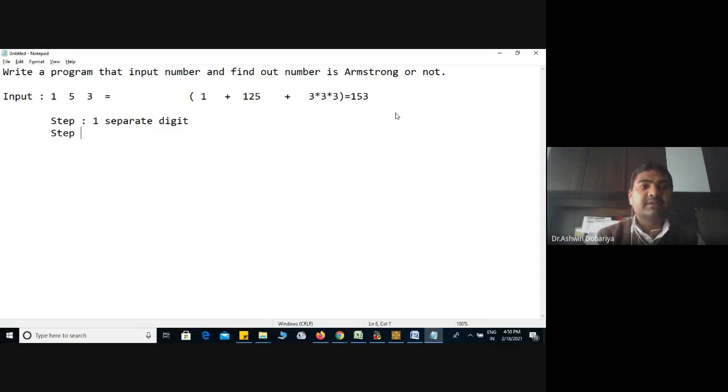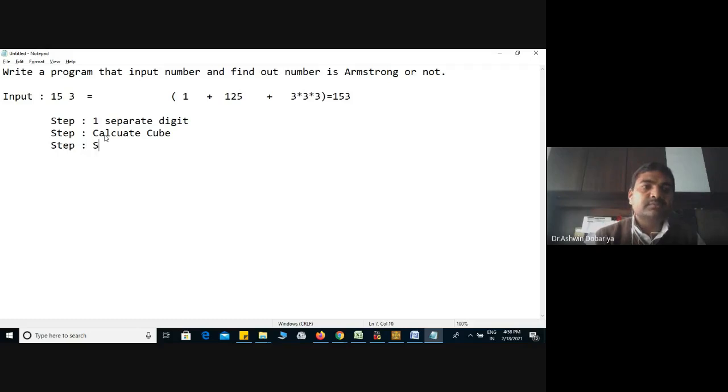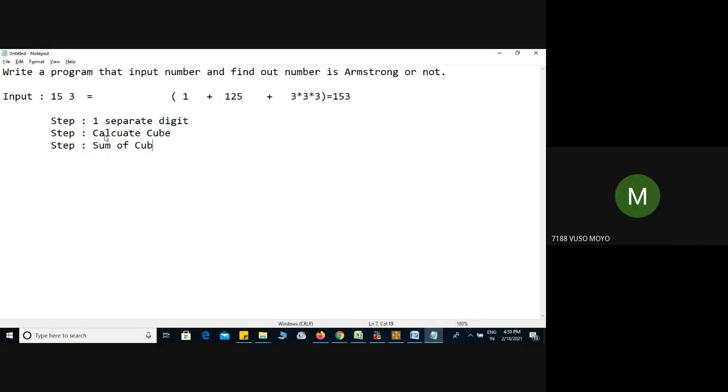If 123 is there, we will separate the individual digits. Once the digits are separated, what do we have to calculate? Second, the cube of the separated digits. Then we find the sum of the separated digits.